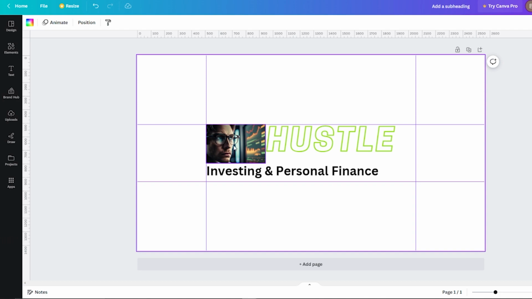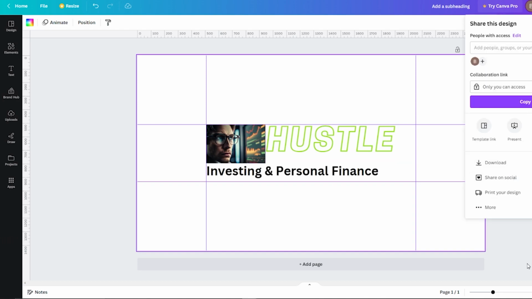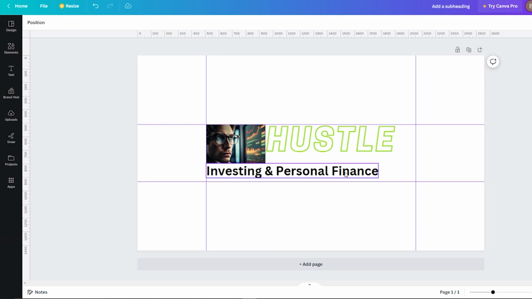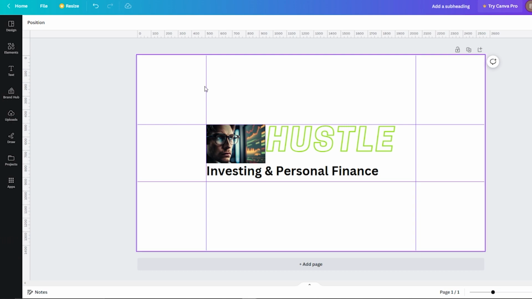And then once you have everything set up, all you have to do is go up to that share, download this image, and then import it into YouTube, and it will automatically fit into the space that YouTube has for their pre-made template. So I'll throw all the dimensions for these vertical and horizontal lines down in the description below,